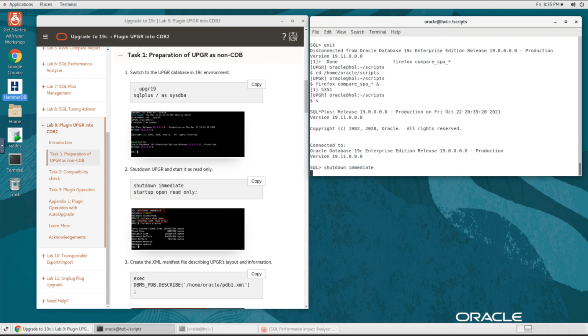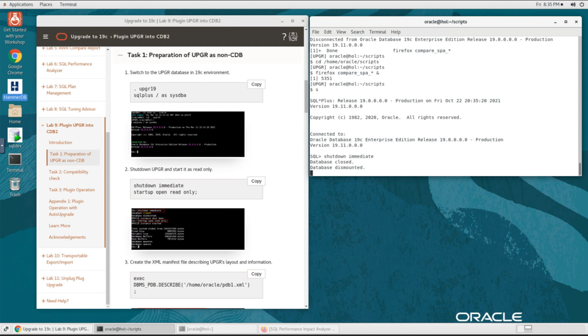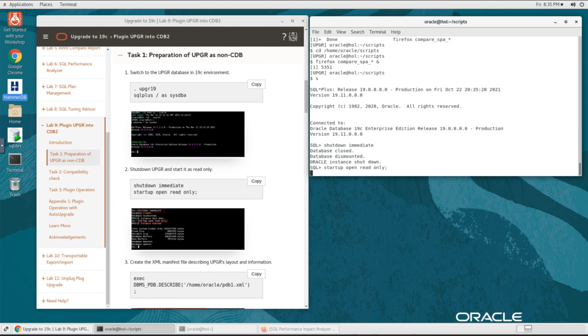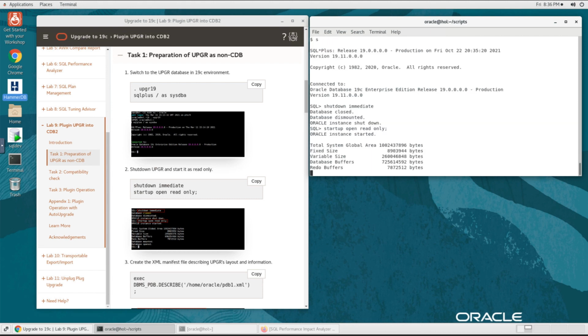So first, let me shut down my UPGR database. UPGR is a non-CDB and it should become a PDB afterwards. I need to shut it down and start it up in read-only mode again, because if it's not started in read-only mode, I can create an XML manifest file, but the SCNs won't be correct. When I plug in, I will receive errors. So I will start it up read-only, and once it's started up, I can now create this XML